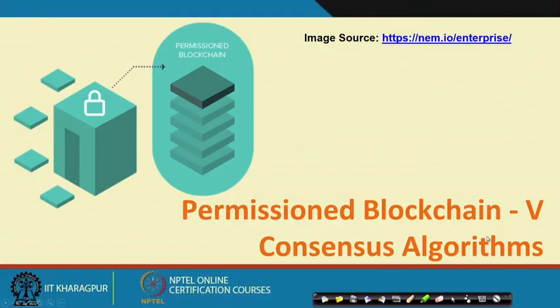So, welcome back to our course on blockchain. In the last class we were discussing the consensus algorithm for a permissioned blockchain environment in a generic distributed system, and we looked into the concept of the Byzantine General problem and how you can achieve consensus in a synchronous environment with Lamport's algorithm.